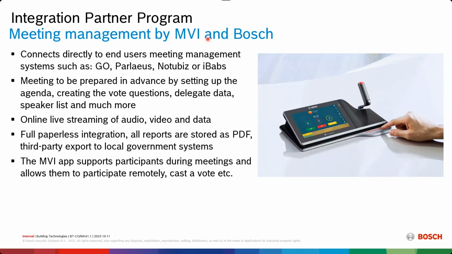Then there is MVI, MVI audiovisual. A nice thing about that software is that it links to meeting management systems. So a lot of councils have their own software where they have all the members of parliament, where they will find all information, and those meeting management systems are called, for instance, Go, Parleus, Notibis, or EBABS. That is then directly linked to the MVI software, which is linked to